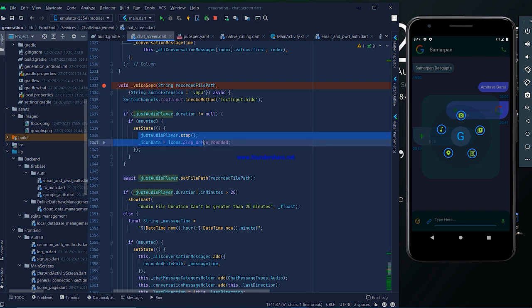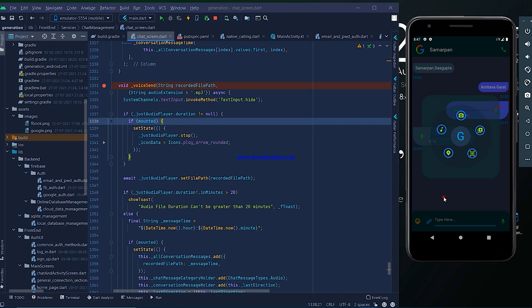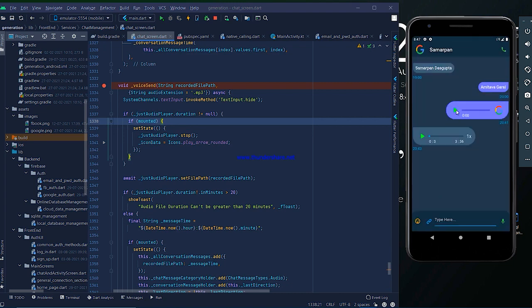So why do we stop it first? Because when we clicked here, and now if we click here, you notice that after stopping that, this audio file is playing. Both audio files are not playing simultaneously.